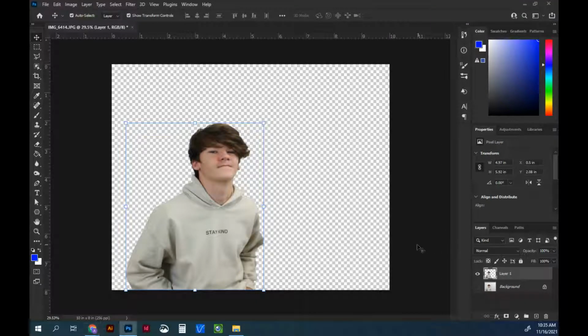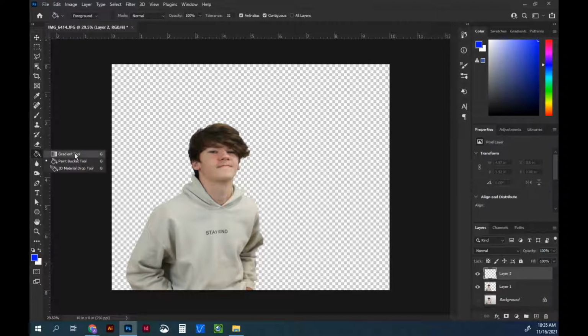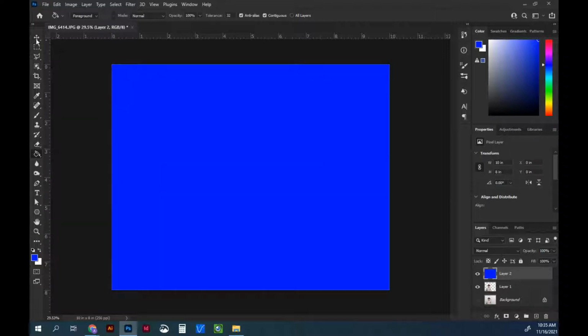Alrighty, so for our next steps, what we need to do is just drop in a background in here for right now. So we'll come down here and select new layer, and we can grab the paint bucket tool, which might be hidden underneath your gradient tool, and we're just going to fill this in. All right, now you'll see that my person suddenly disappeared, so we can just grab this, drag it down,